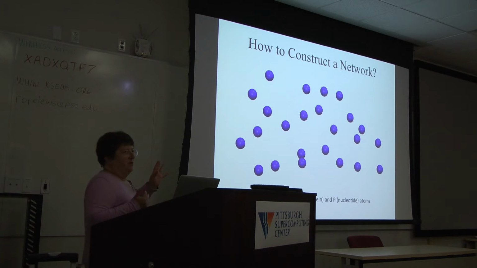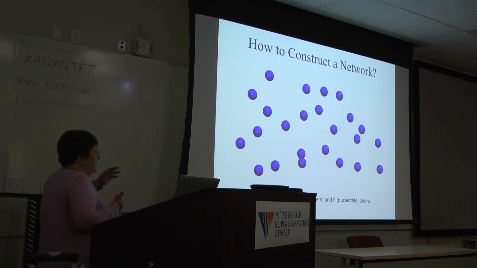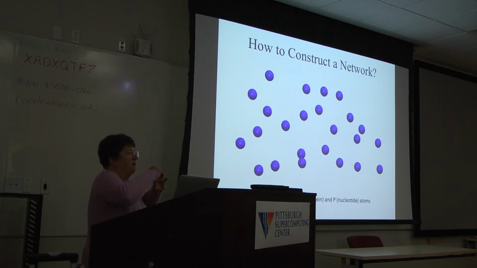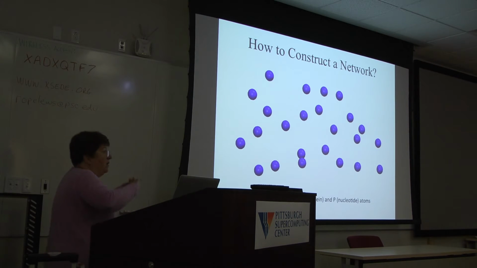You might want to shift to C betas or the midpoint of the side chains. With the nucleic acids, you really do want to do one in the backbone and one over in the base, so you can also pick up cases of differences in hydrogen bonding. Okay, so here are the nodes,